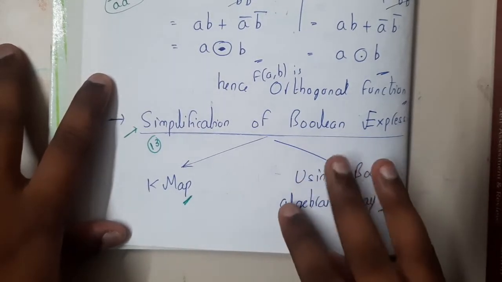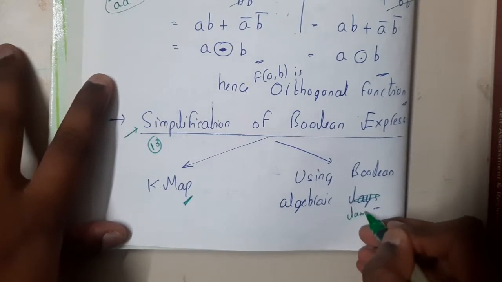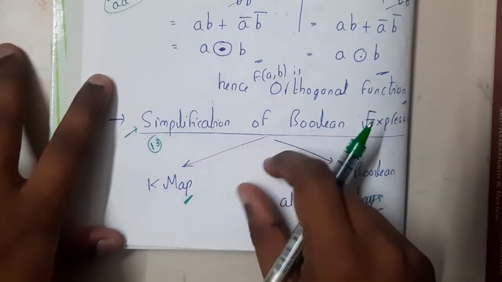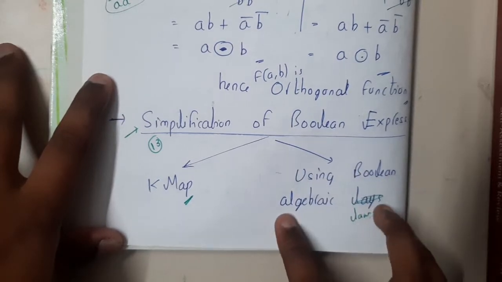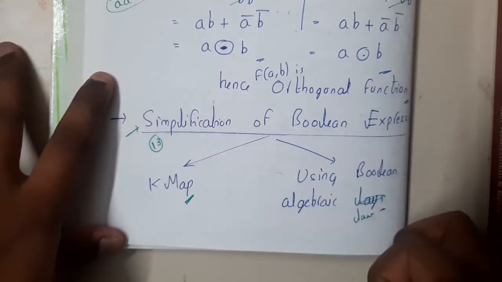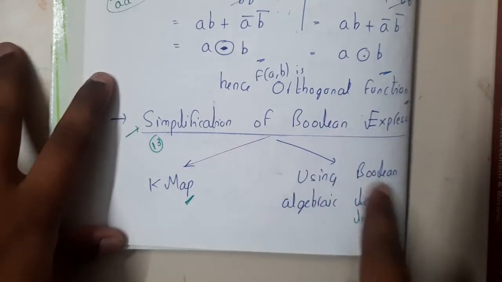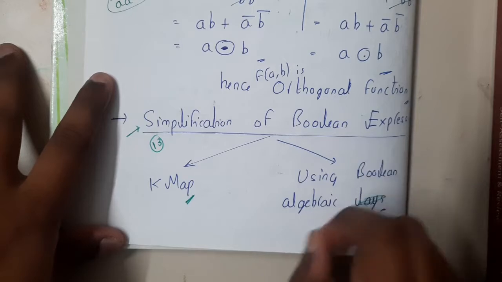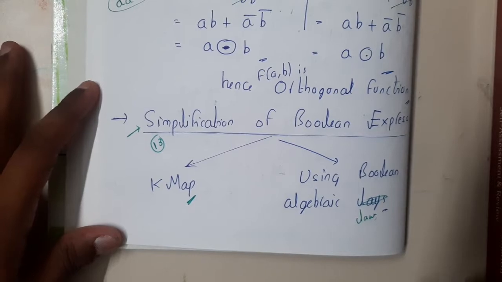I will not be discussing Boolean algebra laws that much. In Boolean algebra, you observe the equation and use some standard laws, like the idempotent law and others, and apply them on those equations. You take something common, convert it into that gate, and compress the expression. That is just based on your laws and knowledge. According to me, that's a bit confusing and tough, so I'll be using only K-map to minimize any expression.